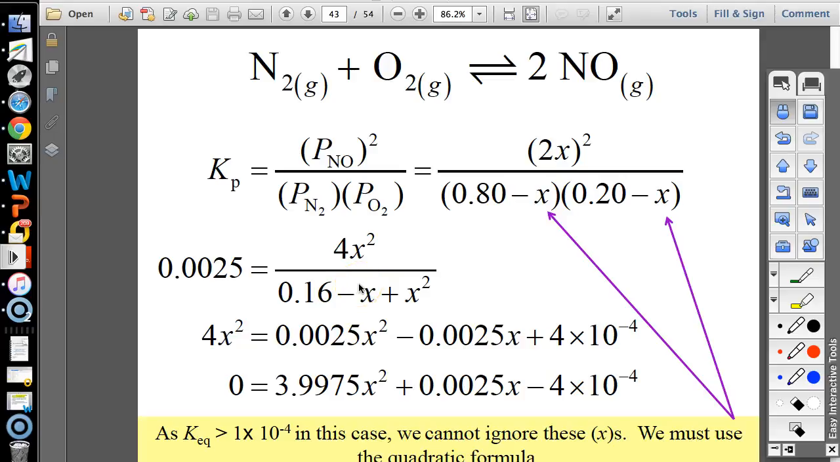Now, when you end up simplifying, see how this bottom answer right here has your x squared and your x and your 0.16 is negative x. But